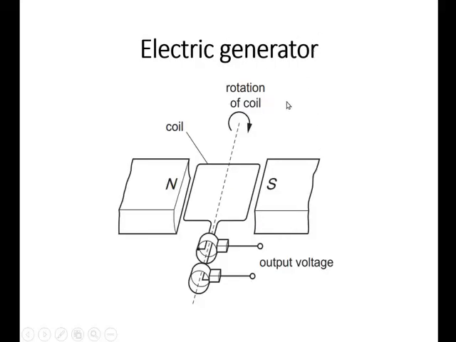Now, let's see how Faraday's law applies to an AC generator. Here we have the basic building mechanisms of an AC generator. We have magnets producing the magnetic field, and we have coils. Indeed, we see only one coil here, but there are so many wound together, and one wire gets